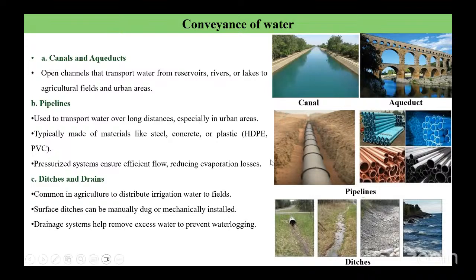As we see with modern urbanization practices, a major amount of pipelines have been constructed underneath the ground surface. These pipelines are majorly used for the transport of water over long distances, especially in urban areas, and they cannot be disturbed or damaged at any cost. They are typically made of steel, concrete, plastic, PVC, etc. These kinds of pipelines we will mostly see underneath the earth, regulating water over long distances. And pressurized systems.